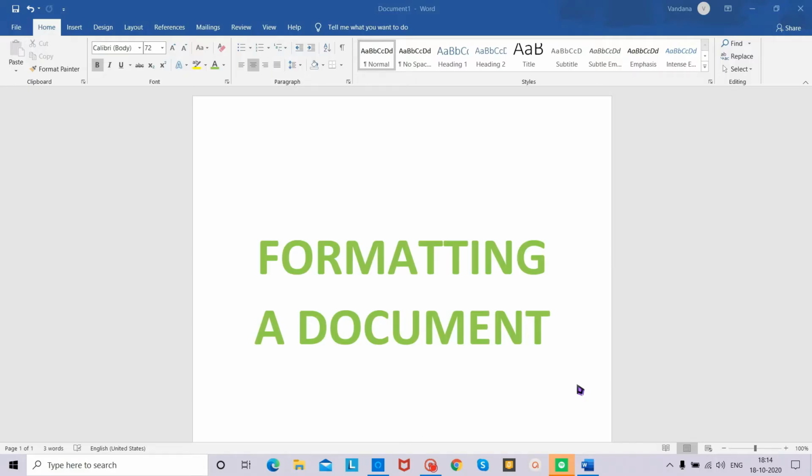Everyone. Today I am going to start a new topic that is formatting a document. So let us learn how we can format text in MS Word. The word formatting stands for making changes in the appearance of the document. Formatting in text is required to make the text look attractive and correct. So we can create and design presentable documents by doing the following.